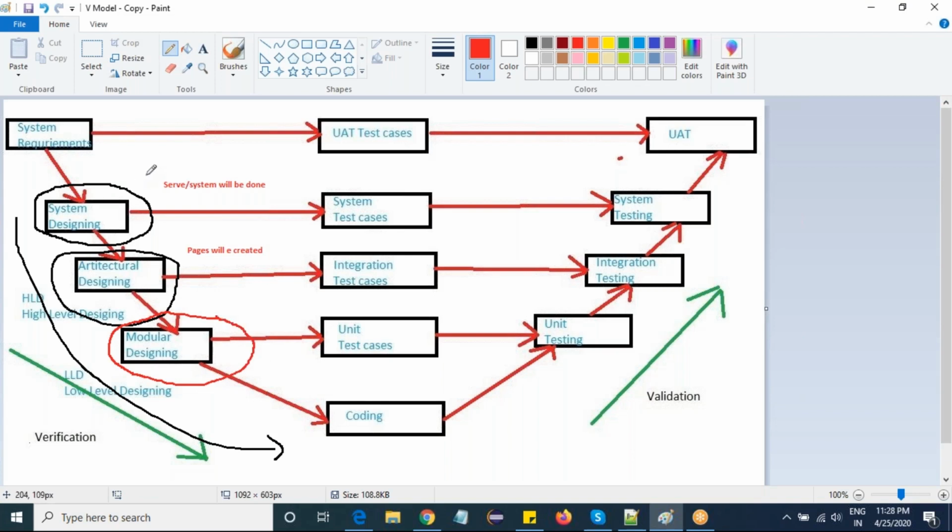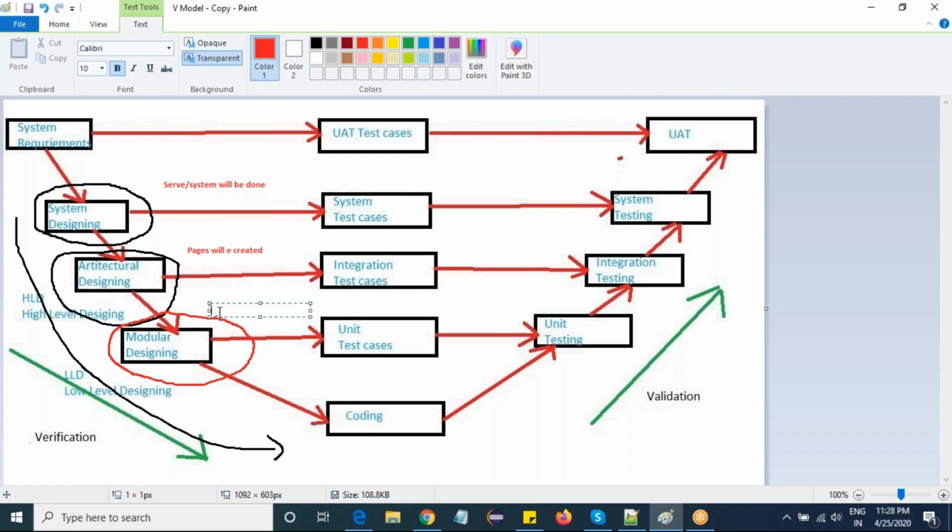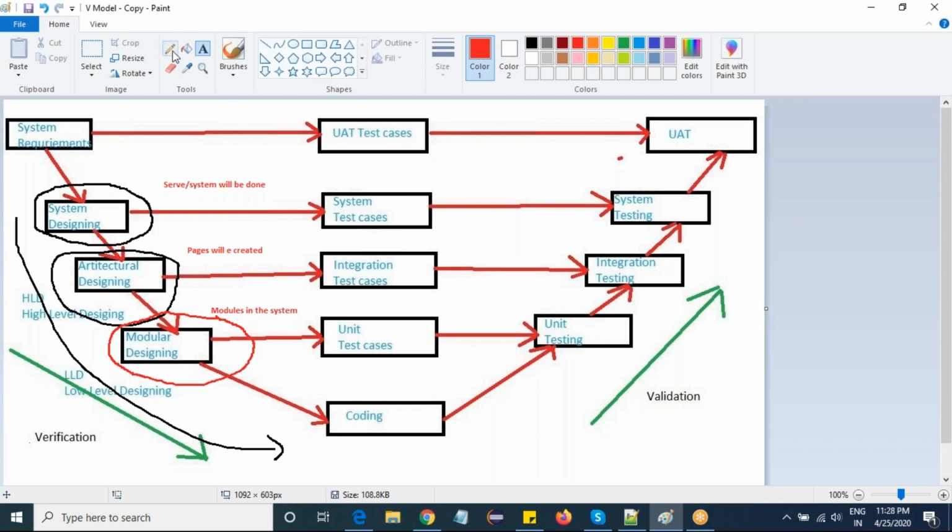System designing is nothing but system preparation. Later we go for pages in architectural designing. In modular designing, we go into the modules in the system. Everything in this process will be done by developers only.